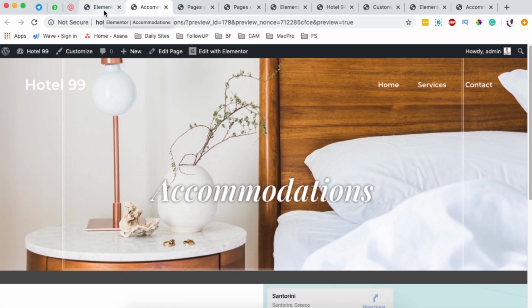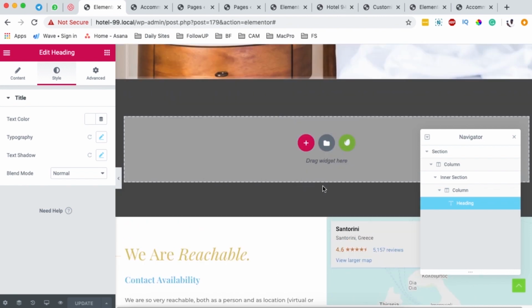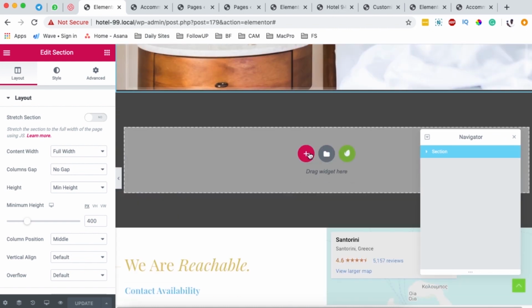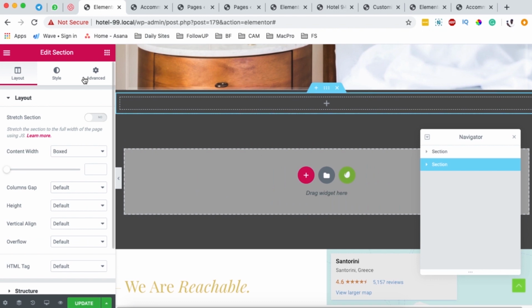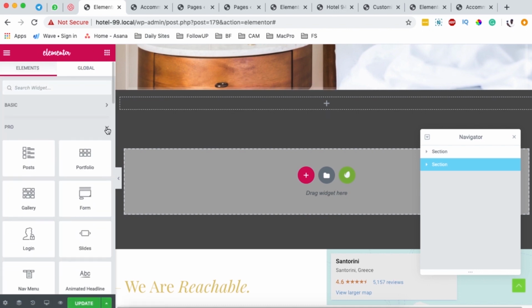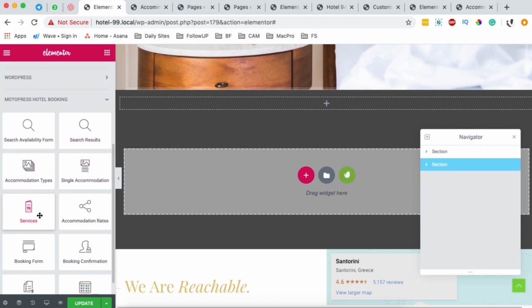Now we are going to build up the other sections. Of course, these are going to be our rooms or accommodations. So I can simply come down here, add a new section. And of course, this section is going to be for single accommodations. So what I'm going to do is come over here to the widgets area, collapse all these, because now we're only interested in MotoPress accommodations. So we are going to come over here and we'll add single accommodations, but I'm going to add 2